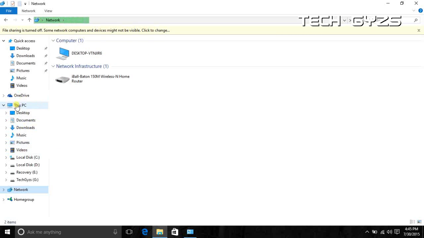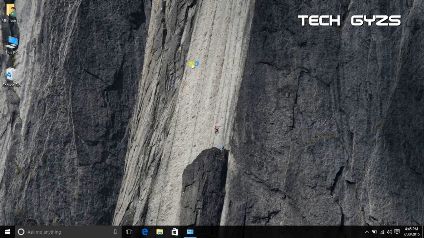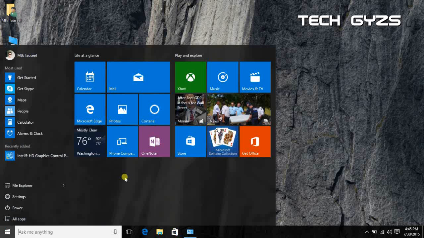So quick access will allow you to access the last accessed folders and applications here. You can pin anything like desktop, Windows, download folder, document folder. I have pinned these folders to access them directly on your network. Both of your connected networks you can find in the network settings.